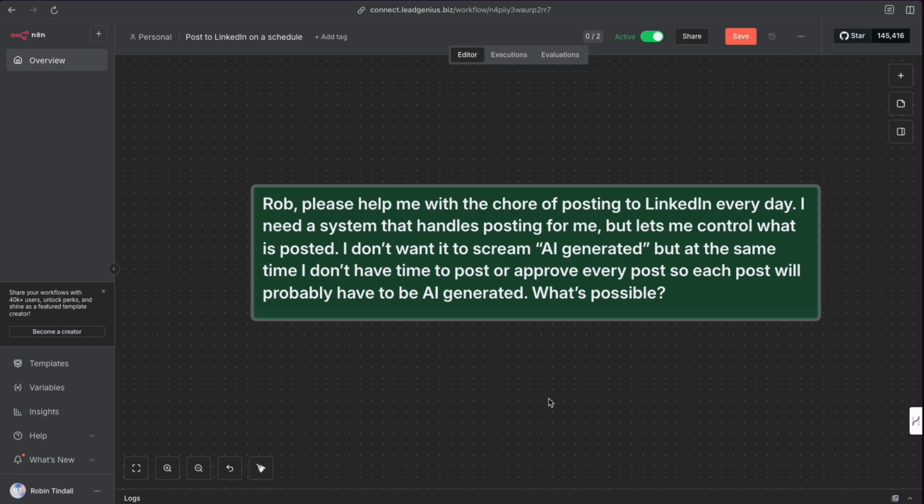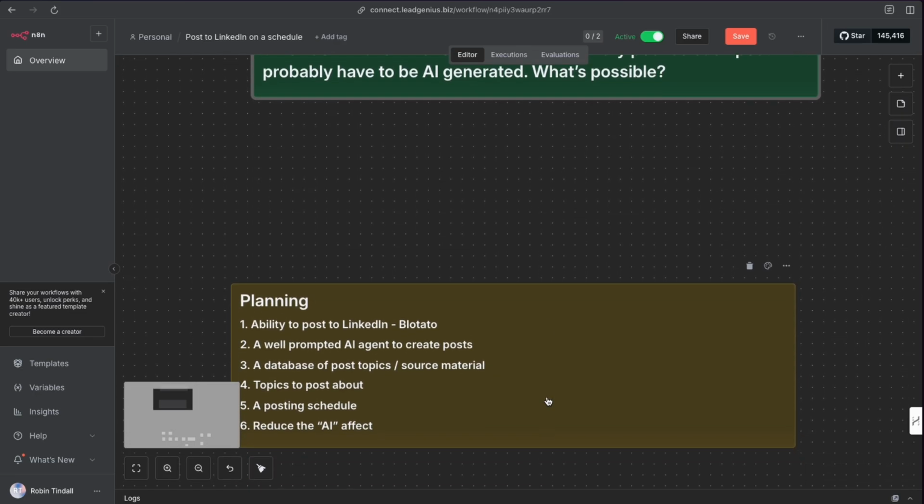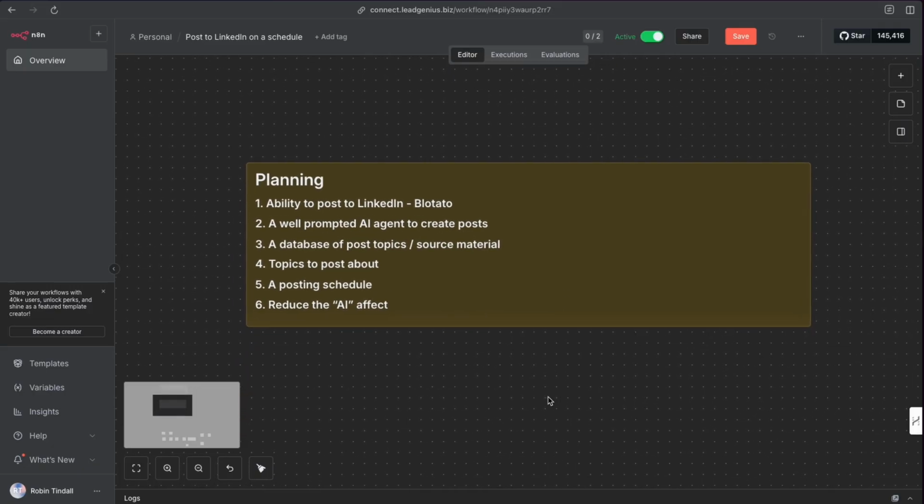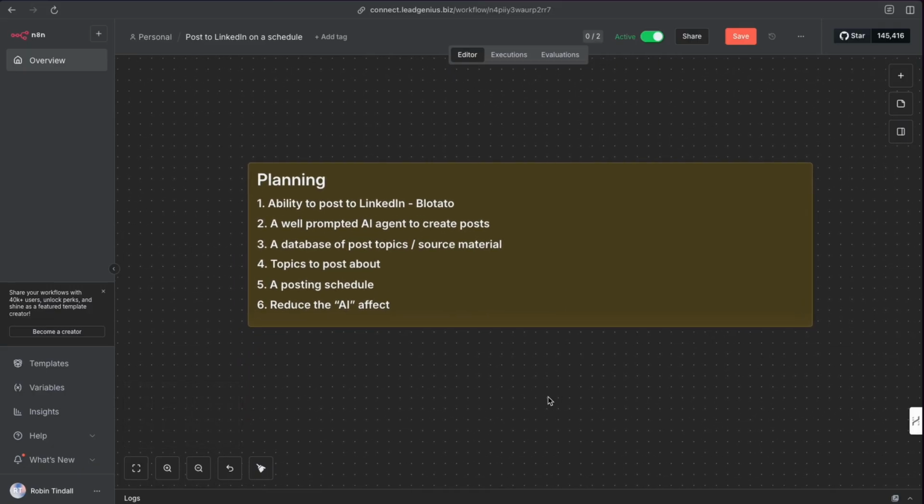So as always, we like to start with planning. Don't just dive right in. So we pulled together a basic plan, and this is essentially what we were thinking about. If we start with the end in mind and work backwards,